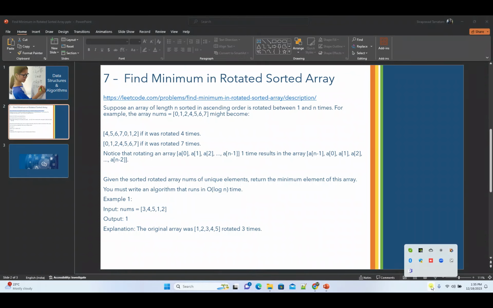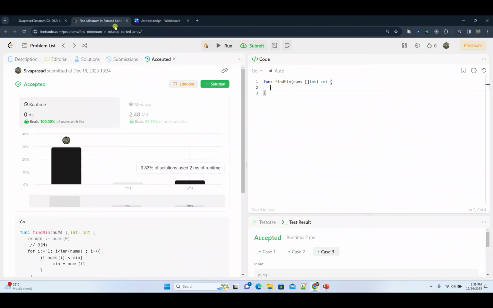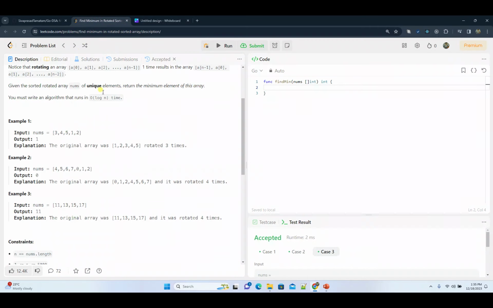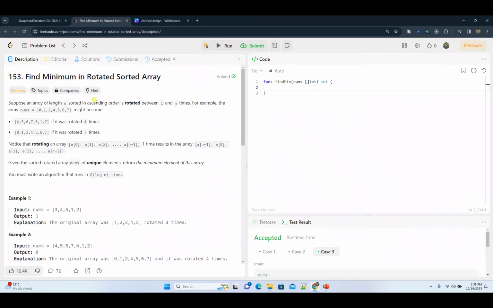So we'll discuss the next problem, that is find minimum in rotated sorted array. The problem statement is that suppose an array of length n sorted in ascending order is rotated between 1 and n